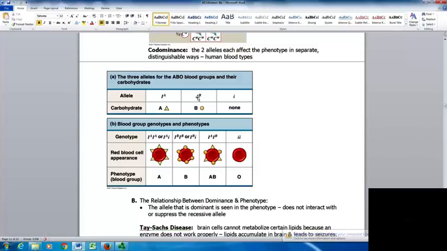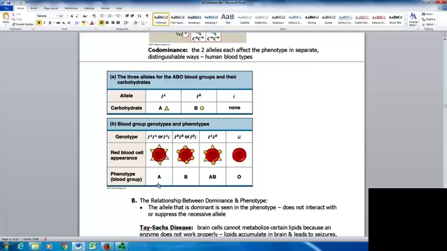Marker B is going to be coded with IB. The genotype will be IB IB or IB with a little i. The little i by itself has no marker on the cell. So you'll still have the marker if you have an A or a B marker present that will determine the type of blood cell. So that's how you can have IAIA or IA little i are both going to code